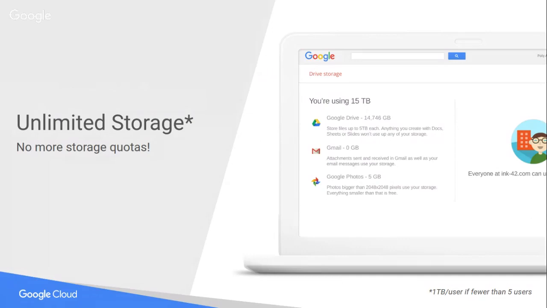Both Business and Enterprise options give you unlimited storage where you can store Google Photos, files, and any kind of slides or any kind of data you would like. Unlimited storage basically makes it very simple and easy to manage. I'm sure this is the most exciting. And now that we are clear about the unlimited storage,